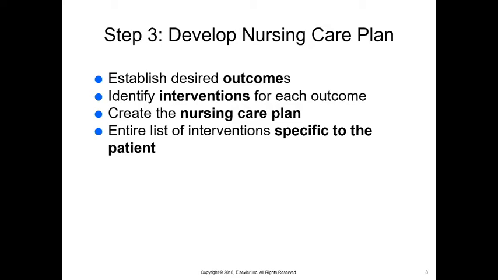Step 3 is develop nursing care plan. We want to establish desired outcomes. We want to identify interventions for each outcome. An intervention is a treatment that we might do. And then we want to create a nursing care plan. The entire list of interventions are specific to the patient, okay? And we do have some listed in Chapter 19. There are some lists of the interventions that a technician is permitted to do with or without the